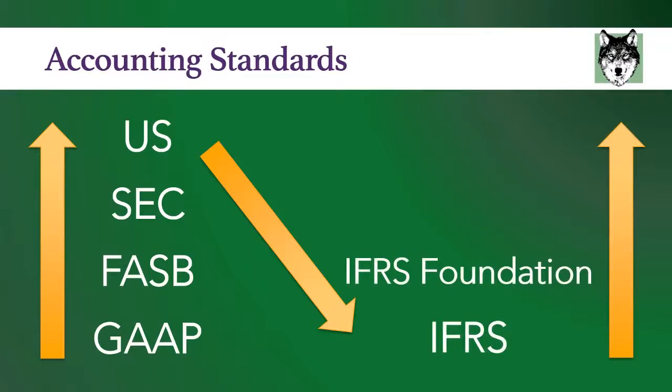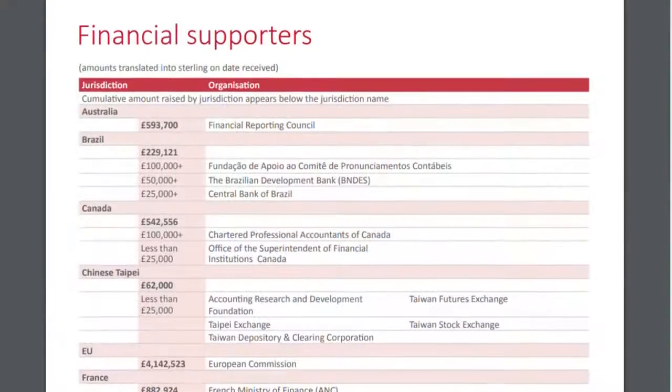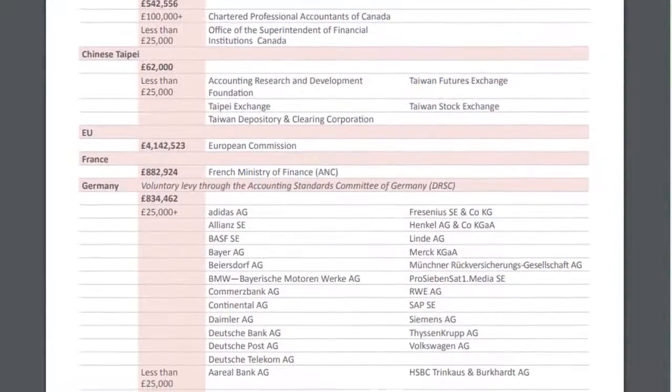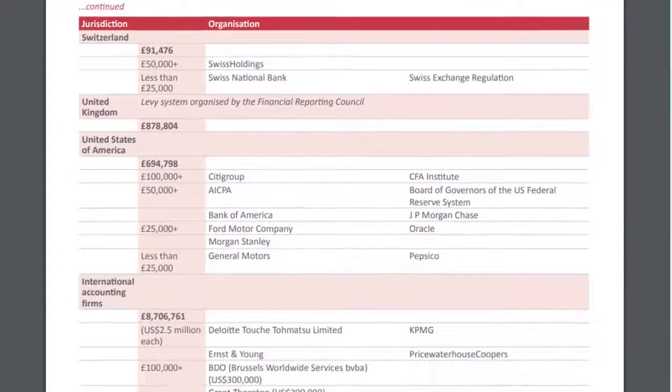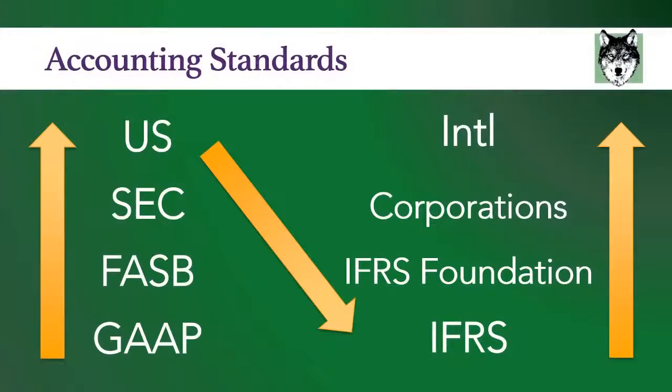IFRS is run by an entity called the IFRS Foundation. The IFRS Foundation is a nonprofit organization that was founded in Delaware in the United States. Now, the IFRS Foundation is funded by donations, and they get a lot of their donations from US companies. You can download the annual report from the IFRS Foundation website, and you'll see a long list of companies that donate. So just to clarify, we are negotiating to move from the SEC to an international organization funded by corporations